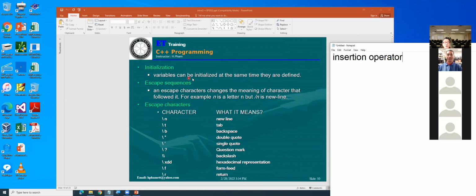Initialization. A variable can be initialized at the same time it is defined. You understand what that means? If you say int A, that means you want to get the variable name A. Later on, you say A equals 30. Now, you can also do this at the same time.